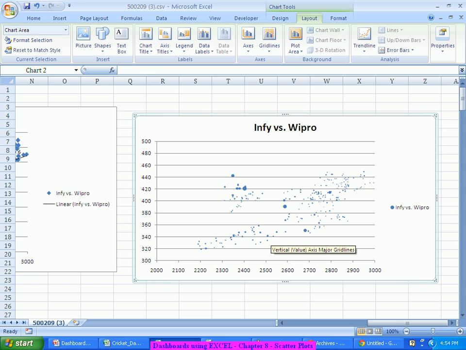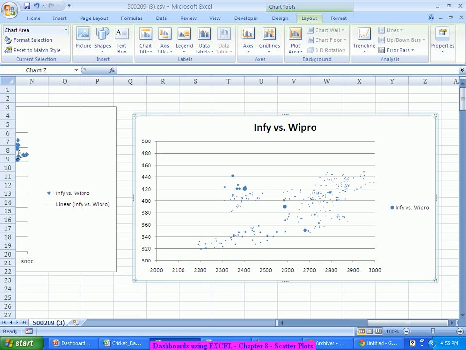So if all the big bubbles are towards the corner, I mean on the 45-degree line, I can very well say when the stock prices of both of them are very high, then the maximum number of trading is happening,